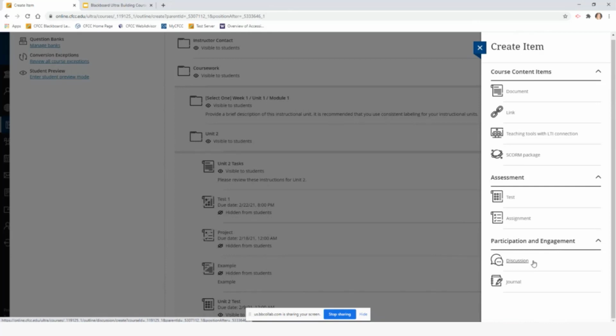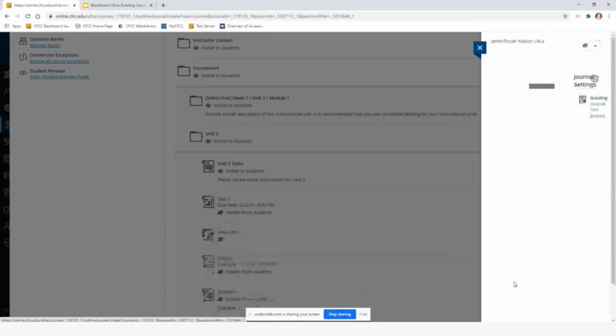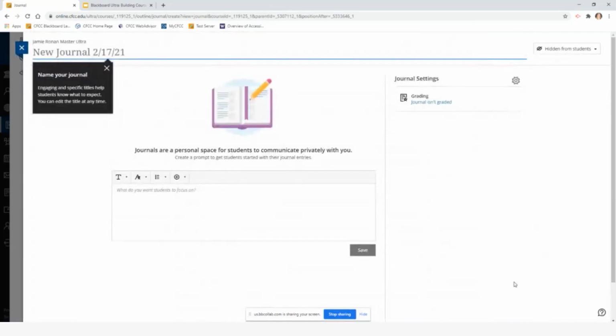But I do want to talk about journals. So the journal is down here at the very bottom. It's our last option, and this is represented by the notebook or the journal, and if I click there, you'll see a new window appears, and again, it looks very similar to what I've been doing. I'll have my title up here,